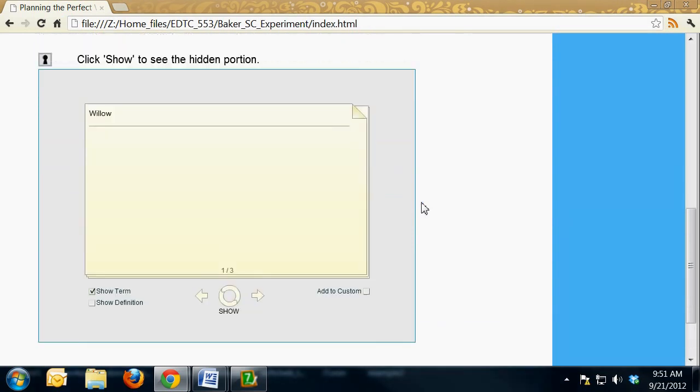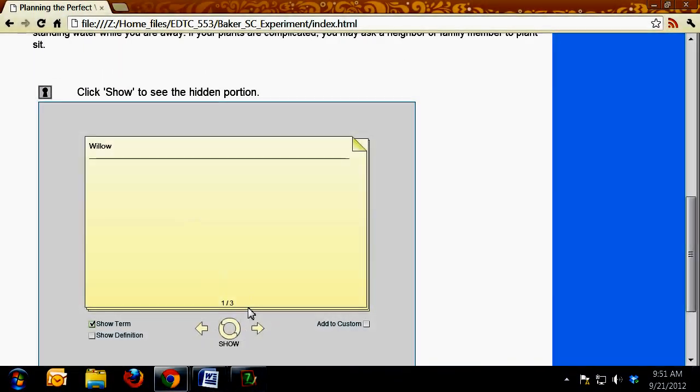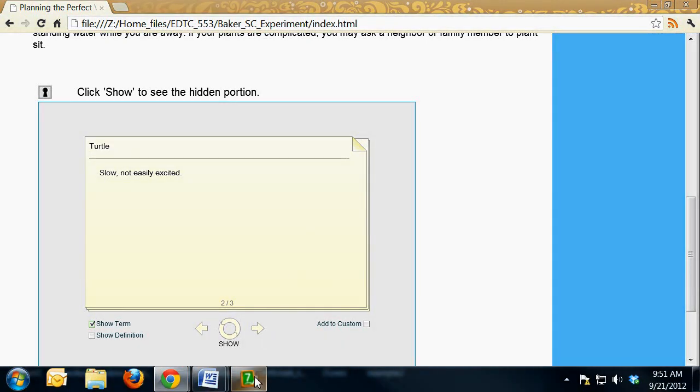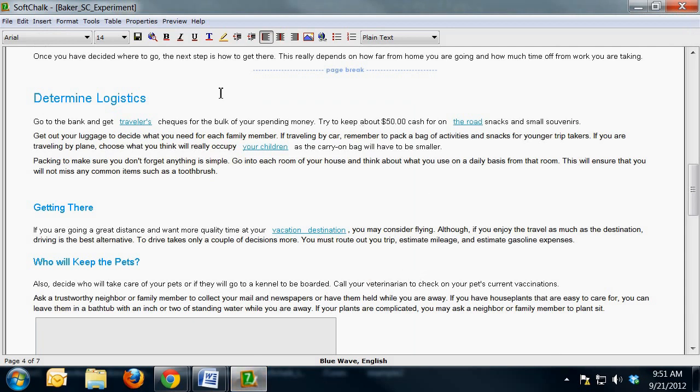Here is my SoftChalk activity, and I forgot to give it a title, but you can see it shows the term, and then you can see the definition. Under those options I could change it to where it shows the definition and then it has to show the term. So let's go back, now that I see something I want to change, let's go back to the SoftChalk